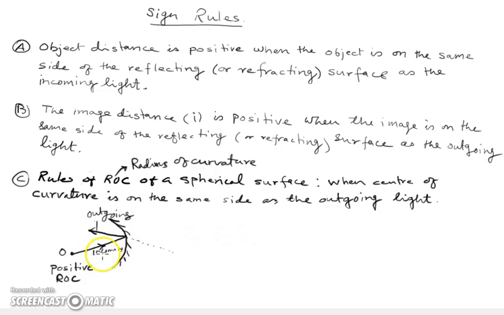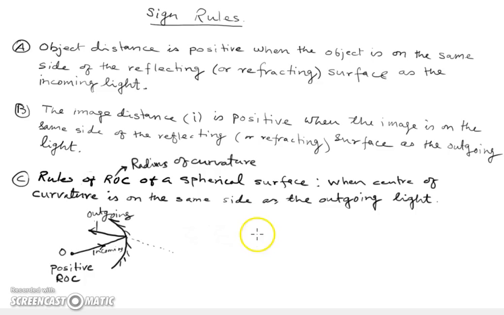So what is the rule for the sign? The rule for the radius of curvature of a spherical mirror or spherical surface: when the center of curvature, let's say this side, is on the same side as the outgoing light, then it is positive,